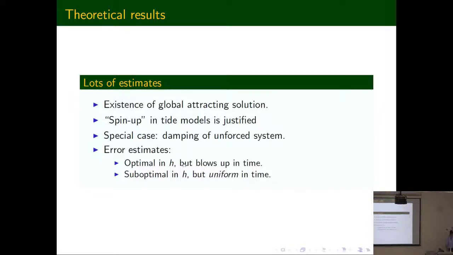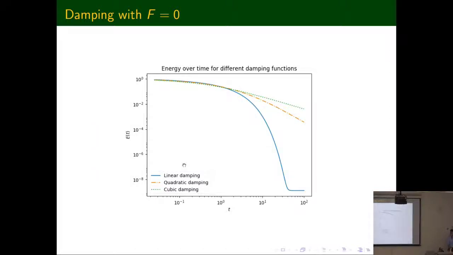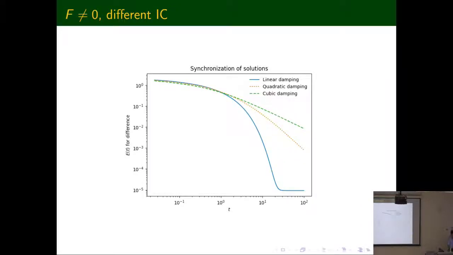And so we've also got some really neat finite element error estimates. If we compute out of our Firedrake code, which I'll show you, you can show damping rates. Well, this is actually truncation error from using Crank-Nicolson. And you'll get different kinds of damping rates as you use different kinds of damping profiles. And so these things kick in. We get synchronization of solutions. And if you want to see what this looks like on a,